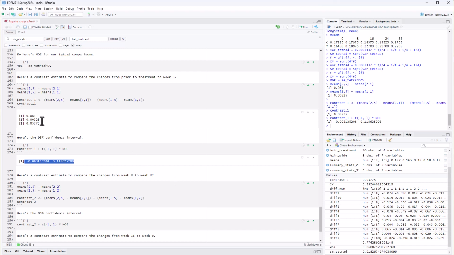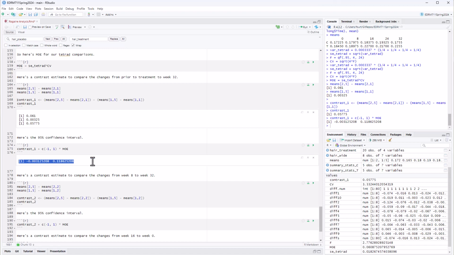I love being able to talk about what happened here in terms of my sample. So that's another good descriptive statistic that I can use. I don't have to just go back and use those individual means. I can talk about how much change there was from 0 to week 32. I can talk about how much change there was in Rogaine compared to baseline. It's 0.05775. But in terms of a 95% confidence interval, I think what I want to report to the researchers is